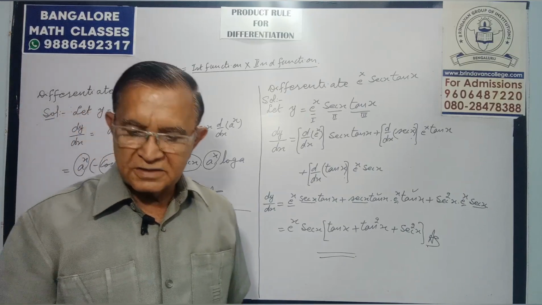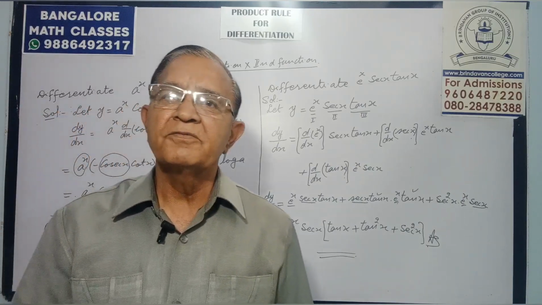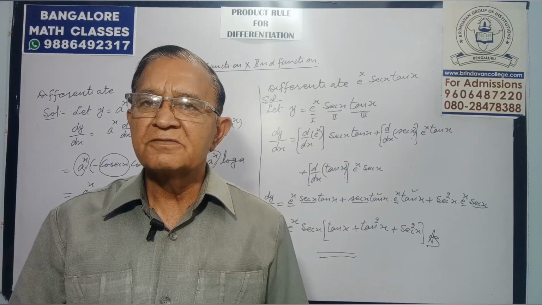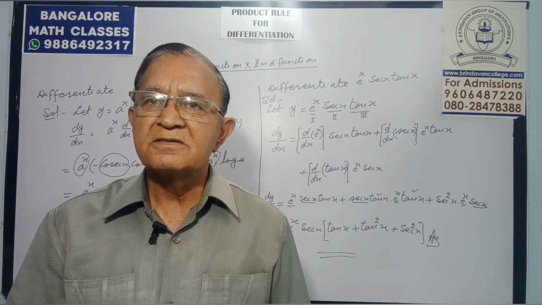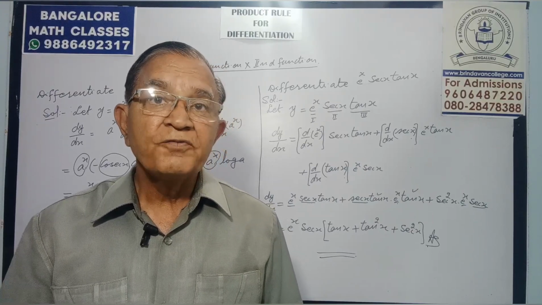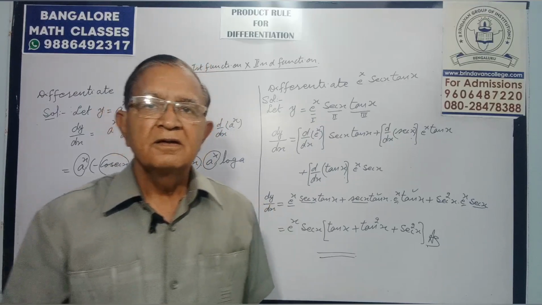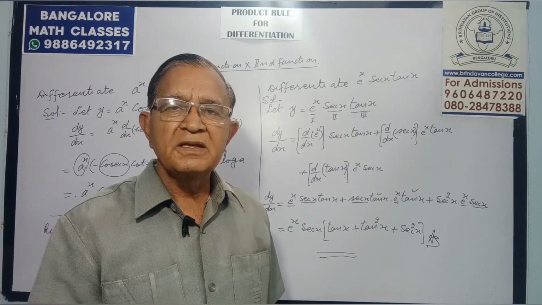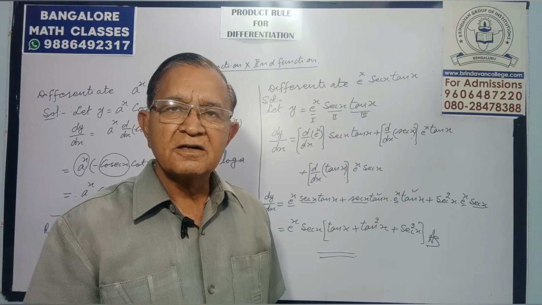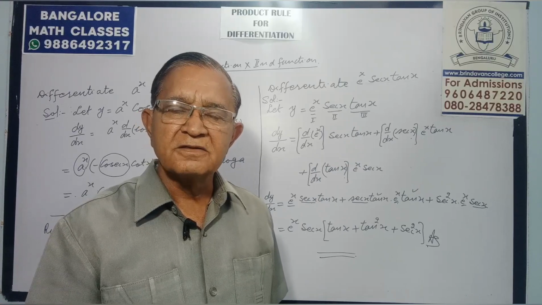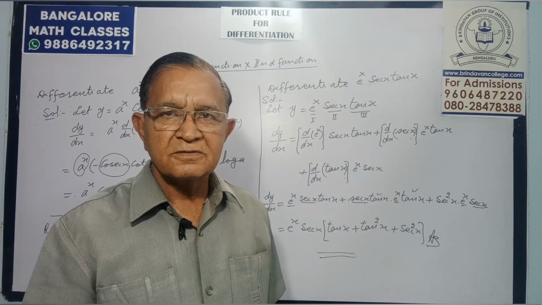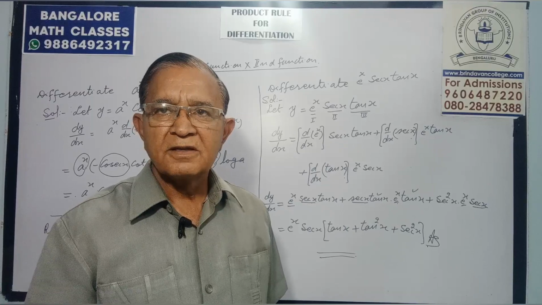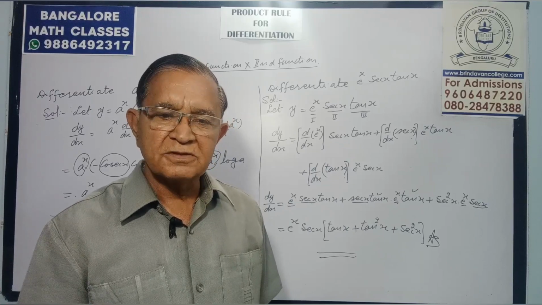Whether it is 2 functions, 3 functions, or any number of functions. For 2 functions, first as it is, differential of second, plus second as it is, differential of the first. If it is n number of functions, differentiate 1 remaining as it is, differentiate 2 remaining as it is, differentiate 3 remaining as it is, differentiate 4 remaining as it is. So you can go up to 10 terms. Like that you can go with the product rule. In the next video I will go with the quotient rule.